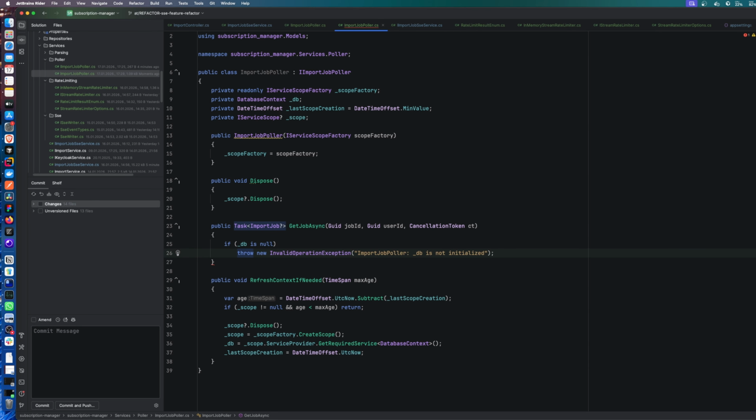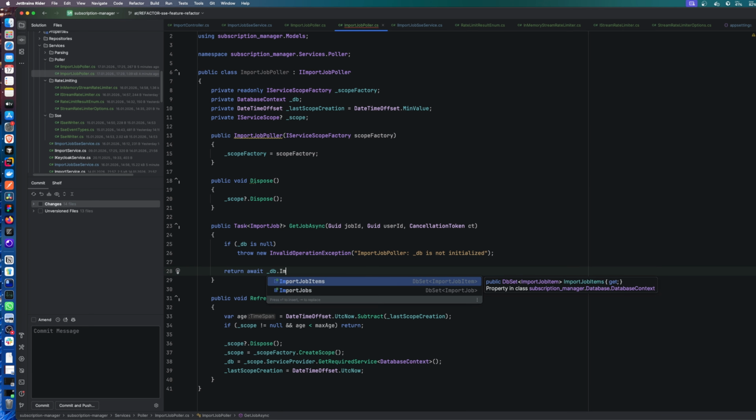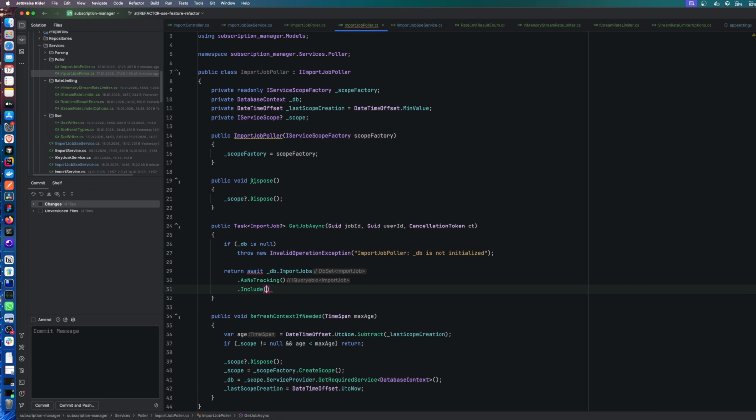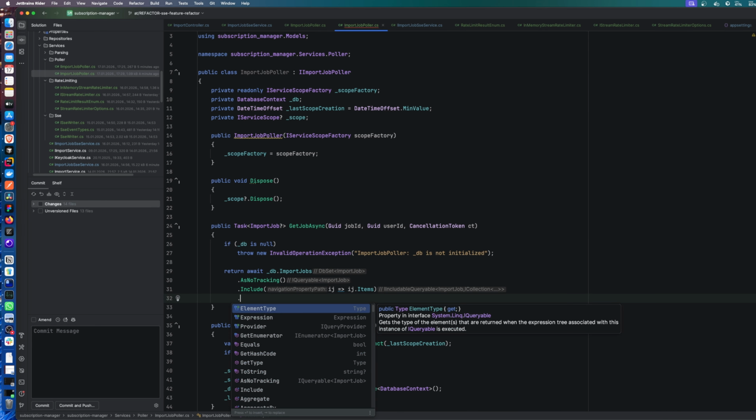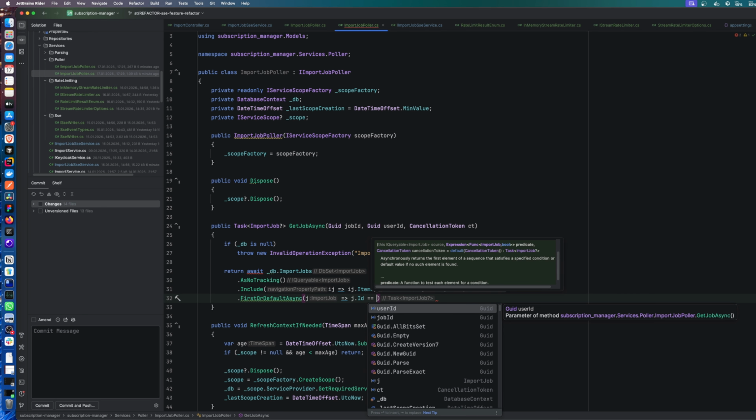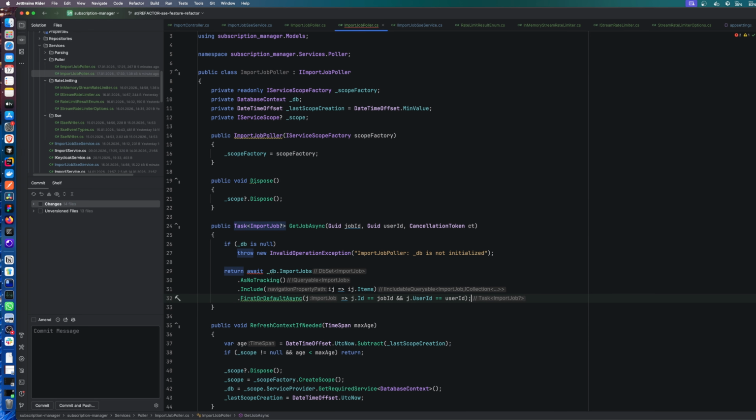We do AsNoTracking since we're only reading, and include the items, filter by job ID and user ID for authorization, and we throw if someone calls this before RefreshContextIfNeeded. We fail fast instead of a null reference somewhere deep